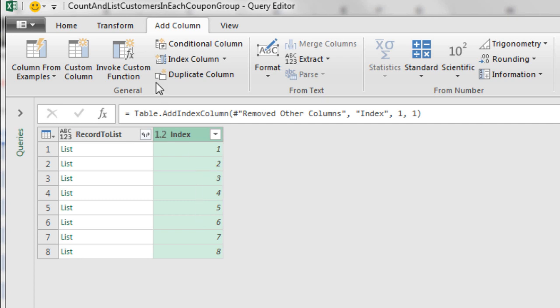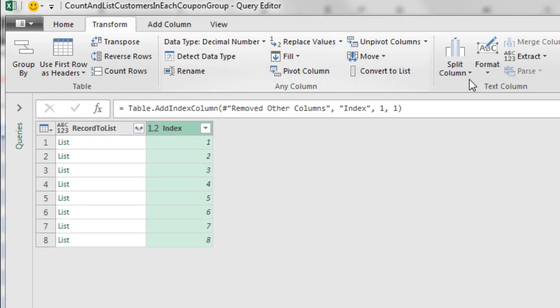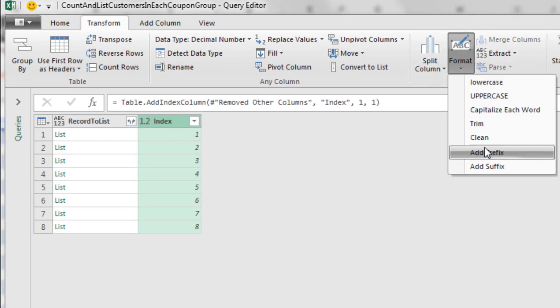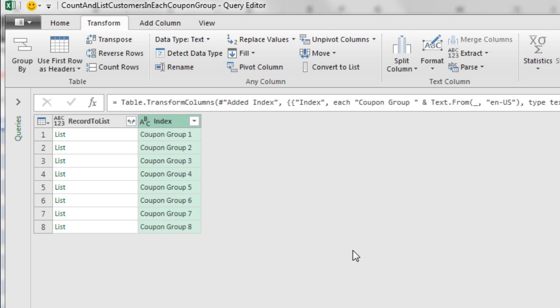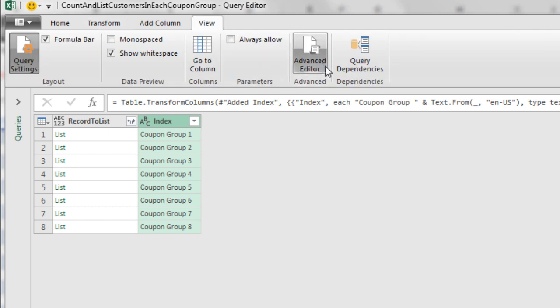Not using a column, just adding a prefix over to Transform, Format, Add Prefix. And I'm going to type something like "Coupon Group " with a space and enter. These will be the headers. Those are the columns. Now we're going to go up to View, and we're going to add one line of